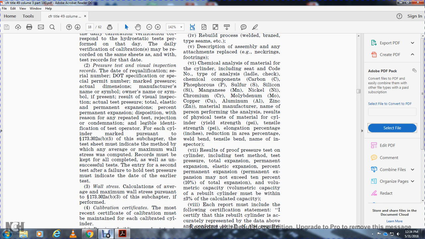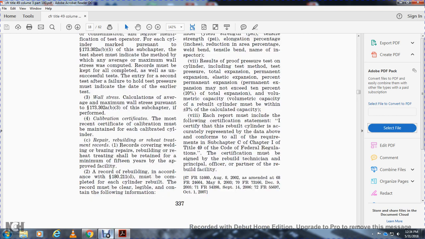7. Result of the proof pressure test for the cylinder, including the test method and the test pressure, the total expansion, and the permanent expansion. Permanent expansion may not exceed 10% of the total expansion. The volumetric capacity of the rebuilt cylinder must be within plus or minus 3% of the calculated capacity. 8. Each report must include the following certification statement: I certify that the rebuilt cylinder actually represents